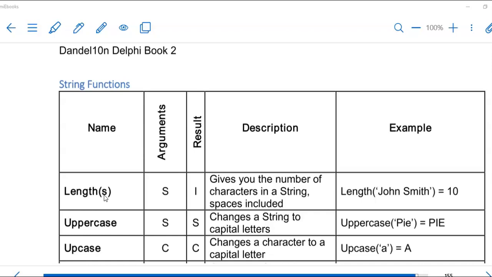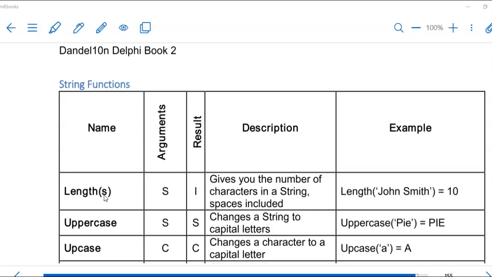The length function is used in my for loop from 1 to the length of the string, but it's also often used for validation to check if a number like an ID number or a cell phone number is the correct length. Important that you save those numbers as strings and not as integer values, because we're not really interested in the number as an integer value. And also if the number starts with a 0, that 0 will be dropped